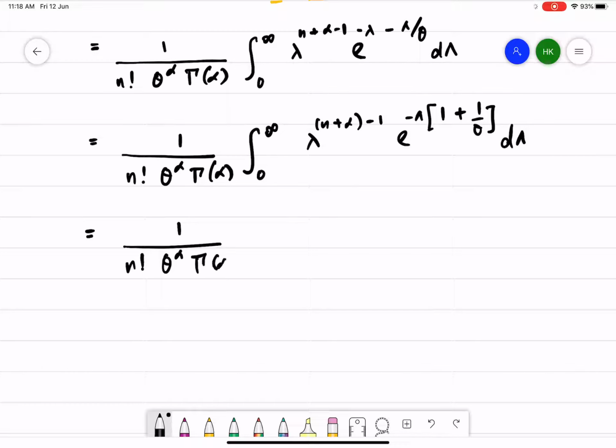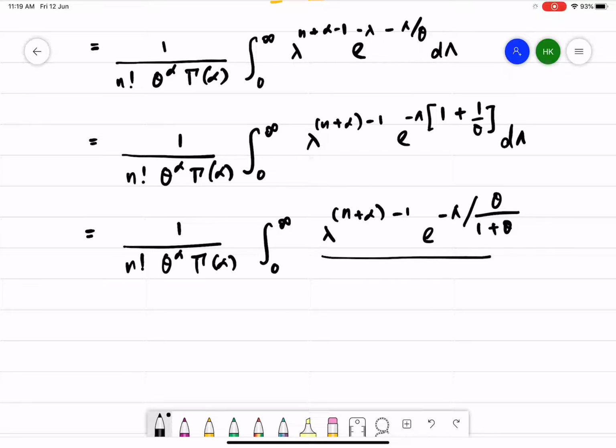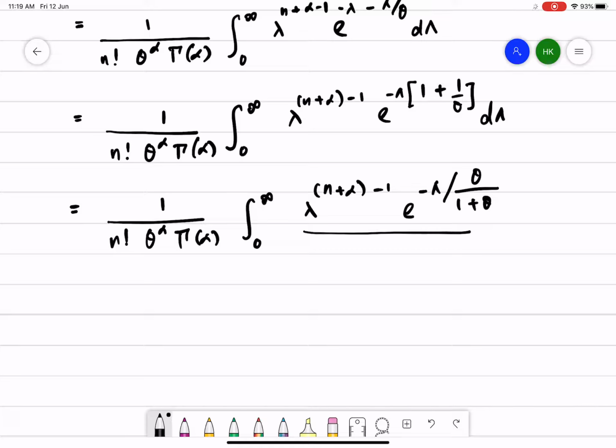When you look at this, this is the pattern of gamma, right? It's much easier. So we have the lambda value equal to n plus lambda, and we need to find what the theta value is, which is theta equal to theta over 1 plus theta. So when we have this as a theta, you have to make it very similar to the gamma distribution, which is theta over 1 plus theta, and after that you raise it to the power n plus alpha, and gamma alpha